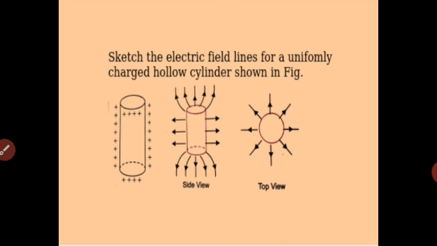Because charges are positive, the electric field lines are originating outward. Along the sides of the cylinder, charges are all uniformly distributed and they are positive, thus field lines are originating outward. On the top and the bottom, field lines are curved, which shows that the electric field does exist but it is non-uniform. The top view of the cylinder is as shown in the third diagram. As seen from above, the field lines are all radially outwards.